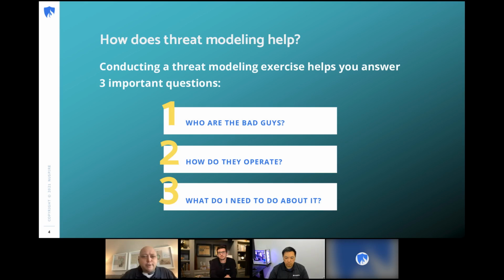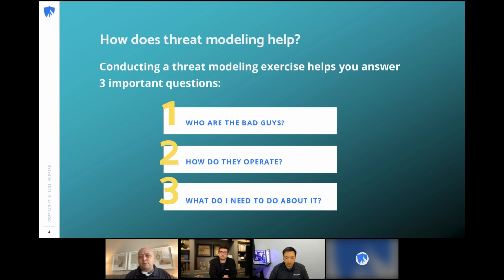And each industry has its own very unique set of bad actors. If you look at the motivation of certain threat actors, sometimes they're financially oriented, sometimes it's about theft of intellectual property, and sometimes it's just about breaking stuff and destroying things. So understanding who the threat actors are relevant to you is really critical in picking apart how do they operate. And then finally, the most important piece, what do I need to do about it? How do I, as we mentioned earlier, how do I prioritize those defenses?